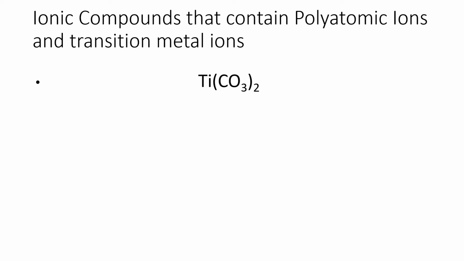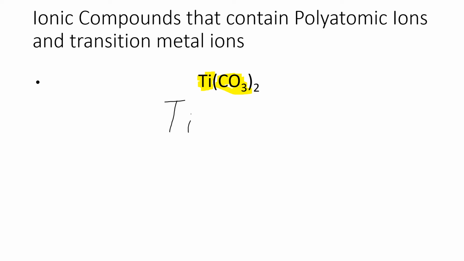First, we're recognizing we're dealing with an ionic compound. We recognize that because we have a metal that's going to form a positive ion, and we have one of our polyatomic ions. This one forms a negative ion. So I can see I'm going to generate positive and negative ions out of this. So whenever we have an ionic compound, we want to write out what the ions are and what those charges are. So for the positive ion, the titanium,